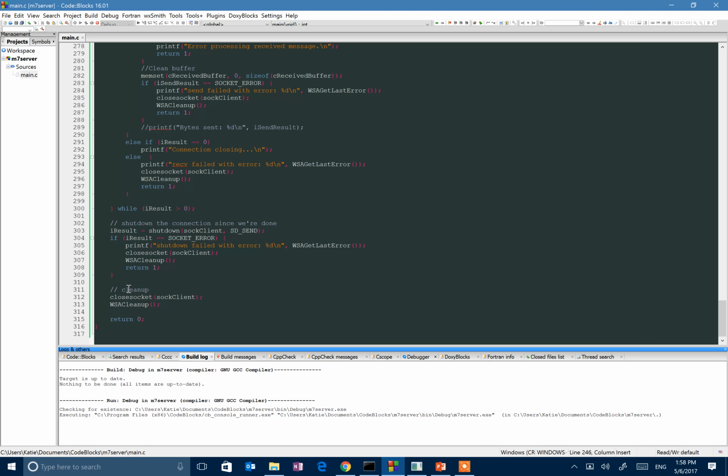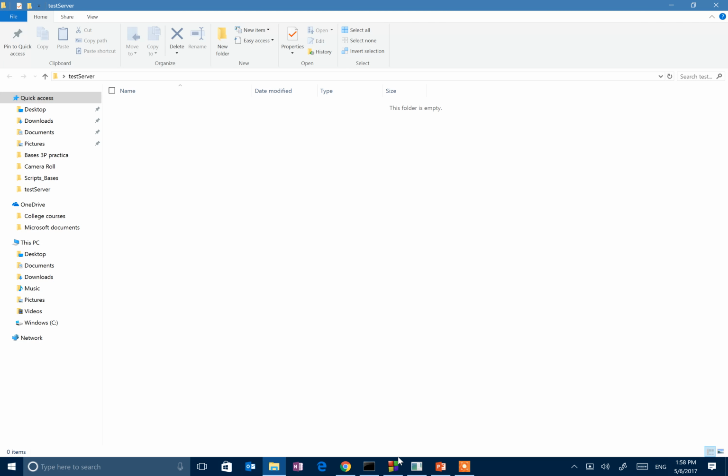Finally, we do all the cleanup that is necessary. So now that we've gone through the server code, I want to go through a small demo. In order to show that, I have right here,